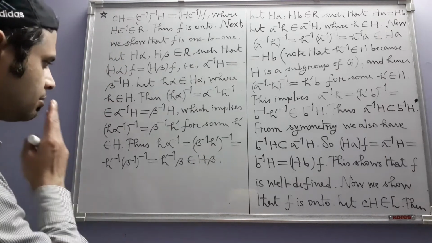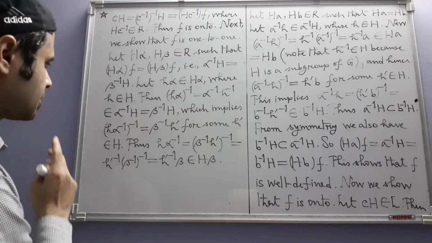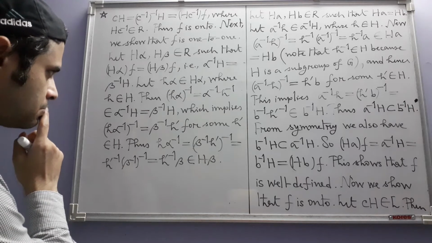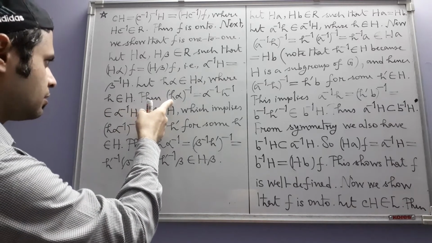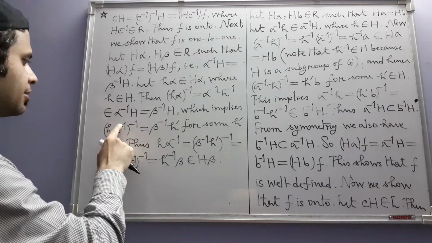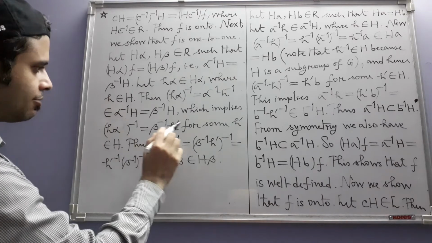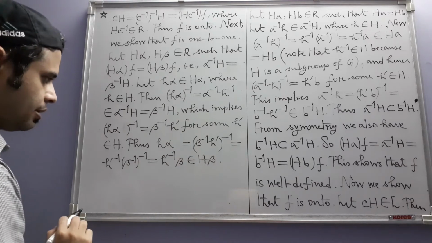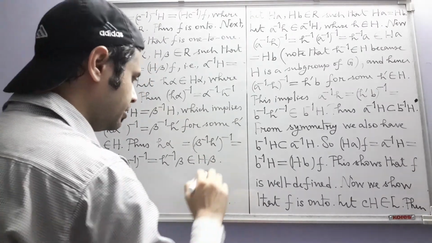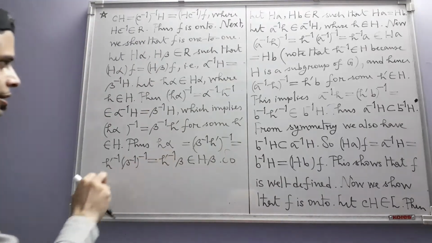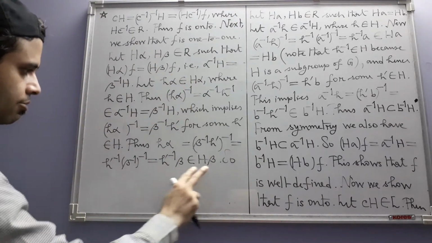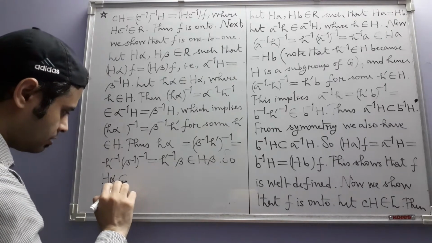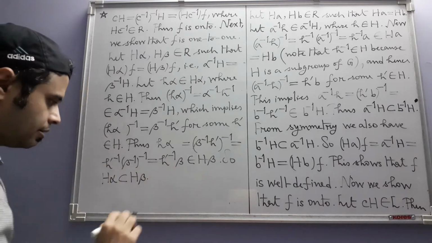So we have, have I written something wrong? Here I considered H alpha, which implies, oh, I have taken inverse here, sorry. H alpha is equal to this. Okay, sorry about this, it will be H alpha. Okay, so this belongs to H beta. So H alpha was any element in capital H alpha, now it belongs to capital H beta. So H alpha is contained in H beta.